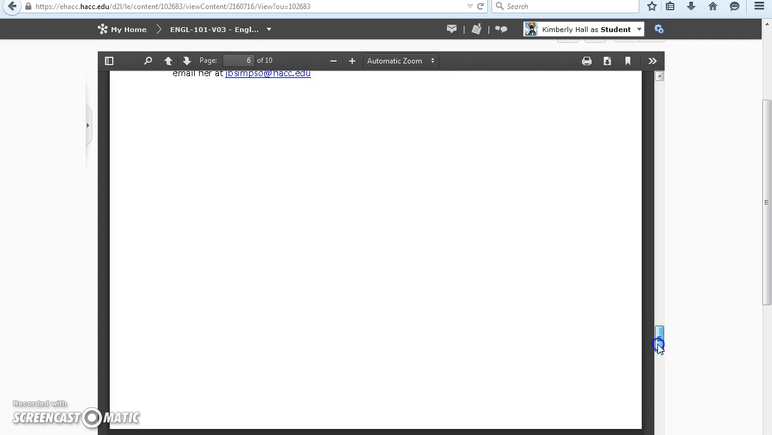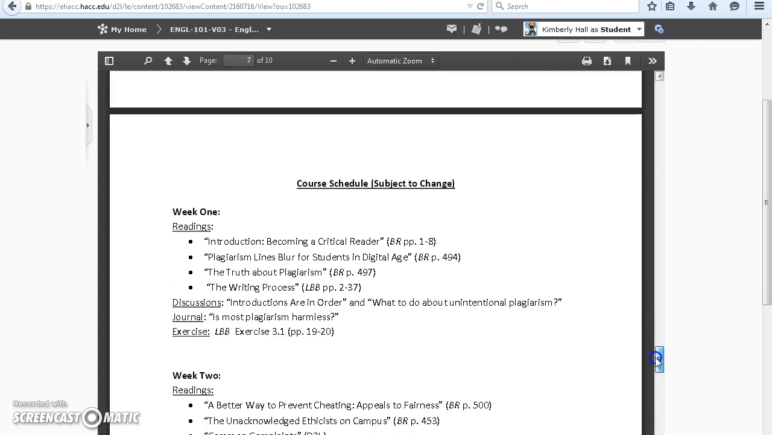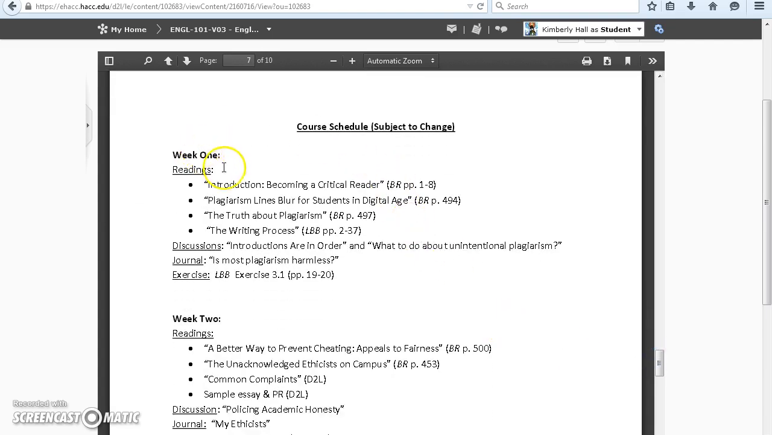The other thing I just want to remind you of is that everything for every week is listed in this syllabus. That doesn't mean things won't change. They usually do, but I like to think that everything is already under